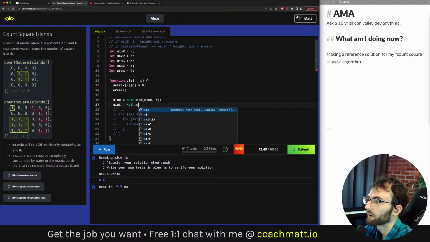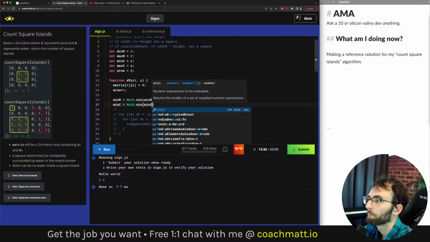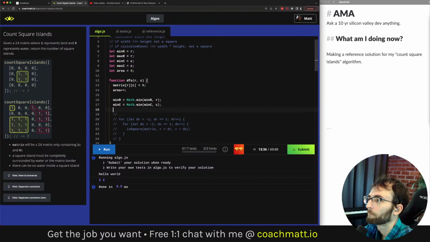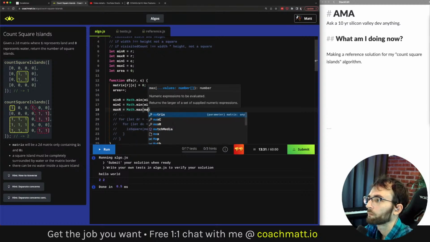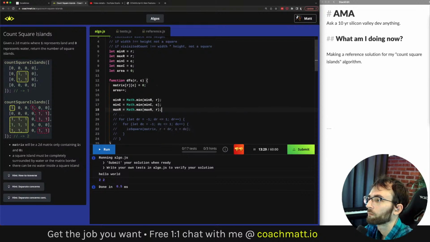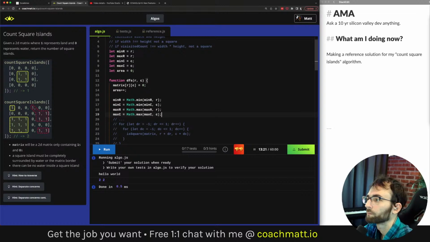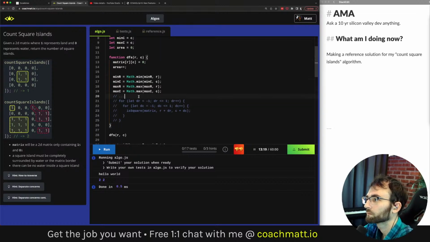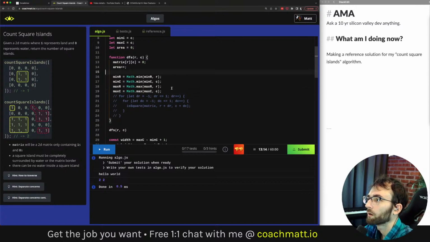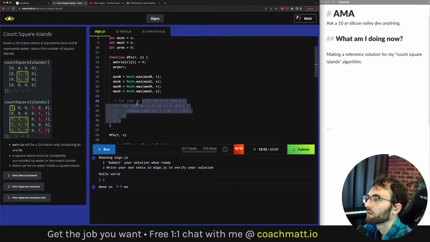So this part's kind of boring. Okay, so we're updating our area, we're updating our bounding box.